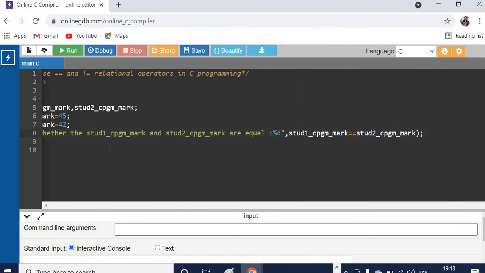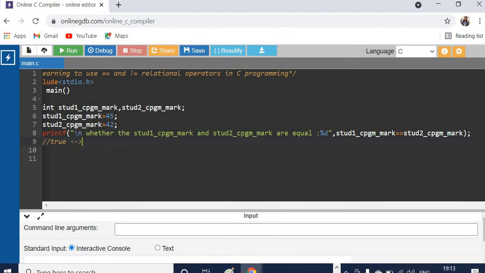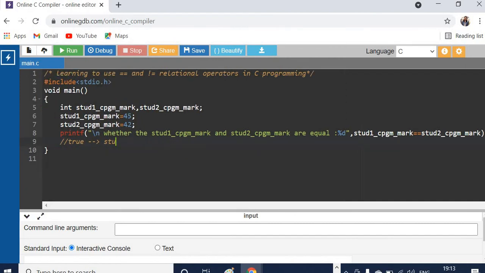If both are equal, then it will print true. True means it will print 1. False, if they are not equal, then it will print 0 here.